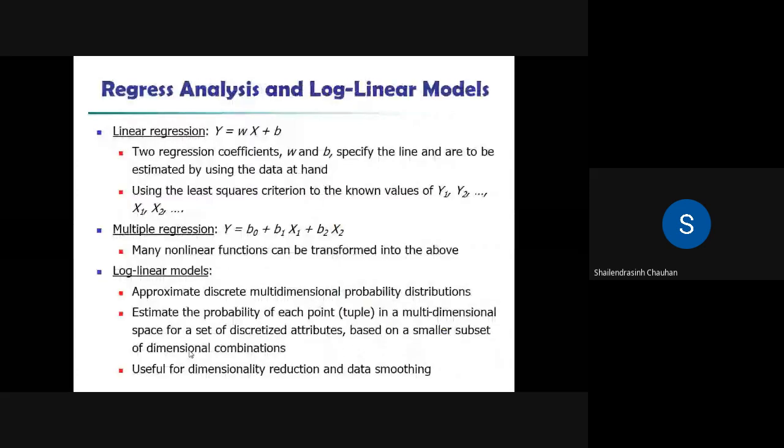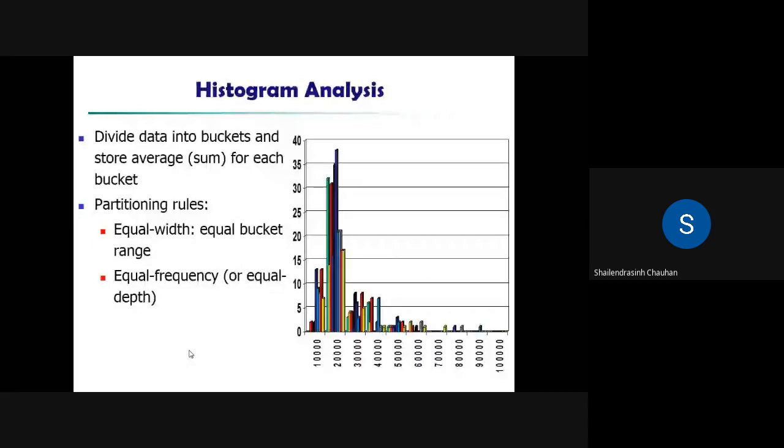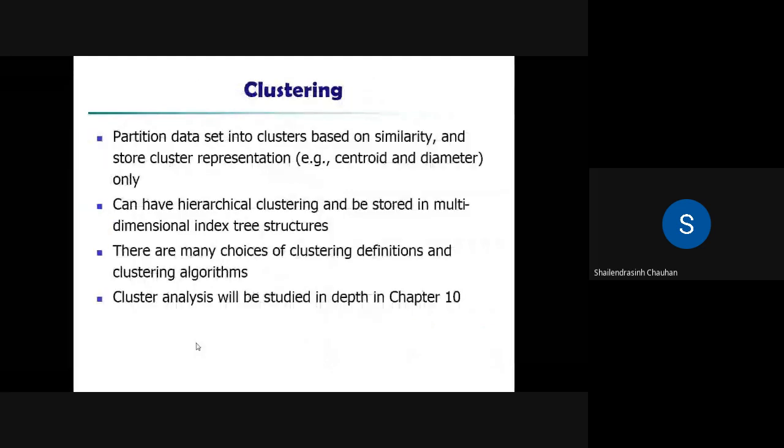Now non-parametric. First is histogram, which we have in Weka. We are trying to plot our different data into different bars. That is histogram analysis. Then clustering, you are trying to create clusters of similar kind of data. Whichever data points have similar characteristics will be in the same cluster. Whichever data points have different characteristics will be in different clusters. And those which do not match any characteristics are outliers. So you can represent data with clustering also.